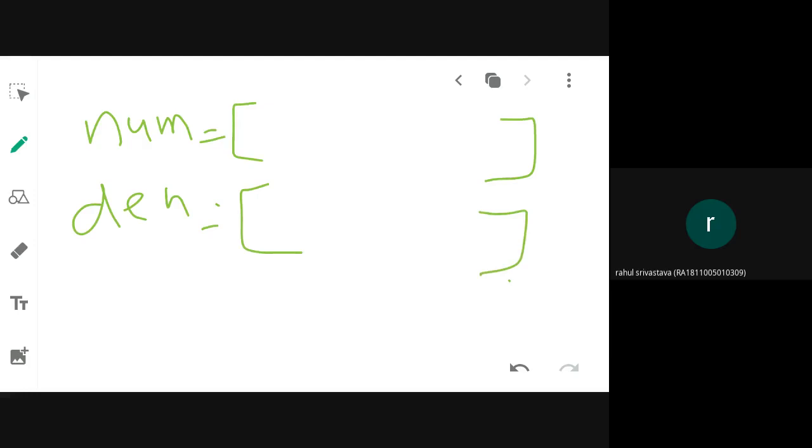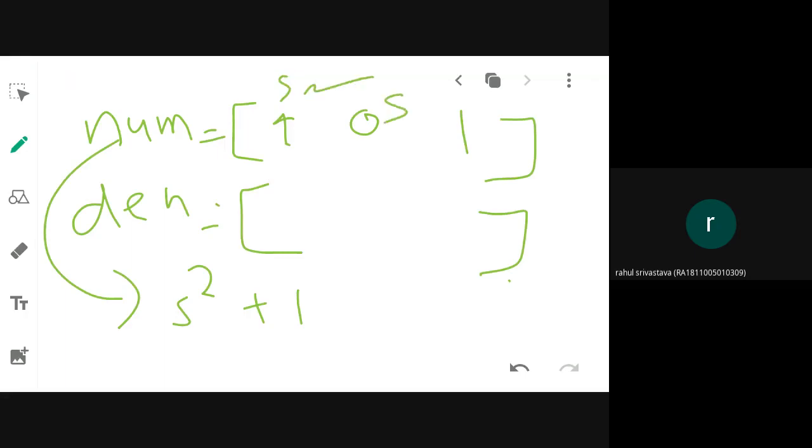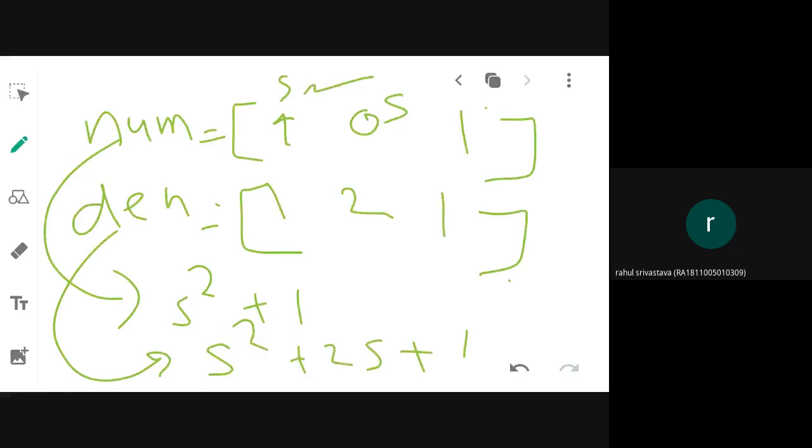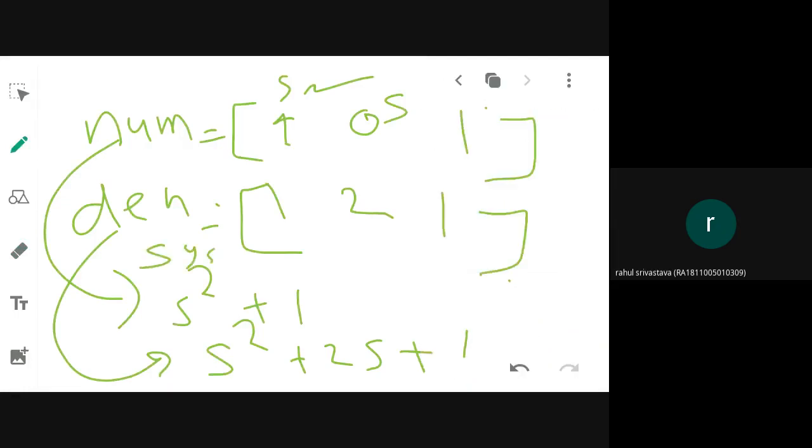Okay, so if it is numerator term, what is given? If numerator is s squared plus 1, then 1, 0, 1. This is s squared coefficient. S is not there, so this is constant. Denominator, if it is s squared plus 2s plus 1 means, then 1, 2, 1. Like this you give in syntax. Then you need to obtain the transfer function for it. Okay. So system is equal to TF, numerator comma denominator you have to give.